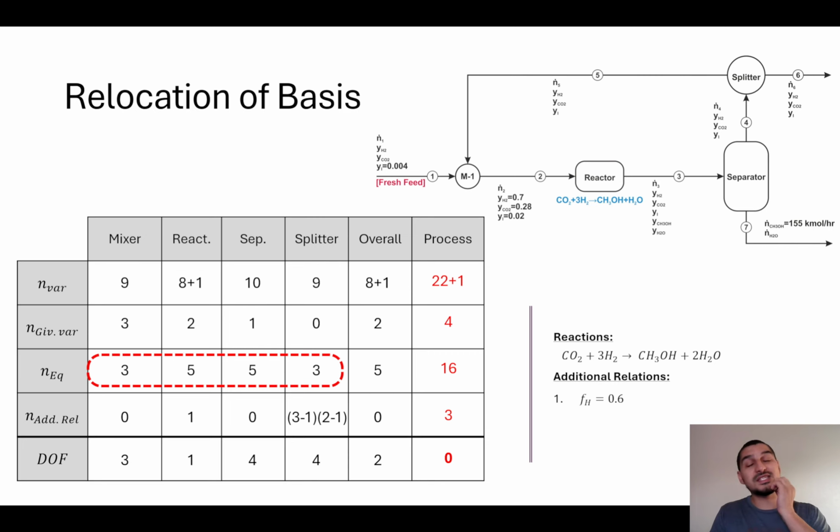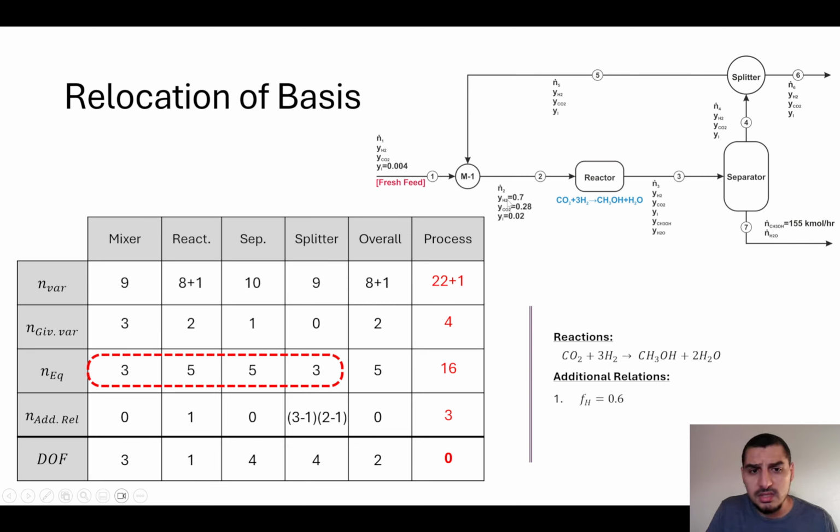So this is a very common case, and we already solved this problem by just playing a simple trick, which is the relocation of bases. And what we did is we assumed that this number is not given, and we put it, because we looked at the numbers and we found that this is 1. So if you give the reactor one more piece of information, everything will be done. As we saw before,